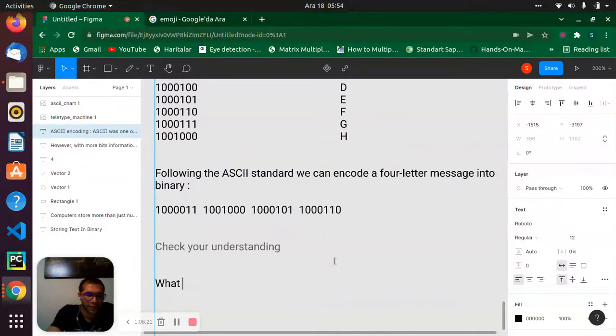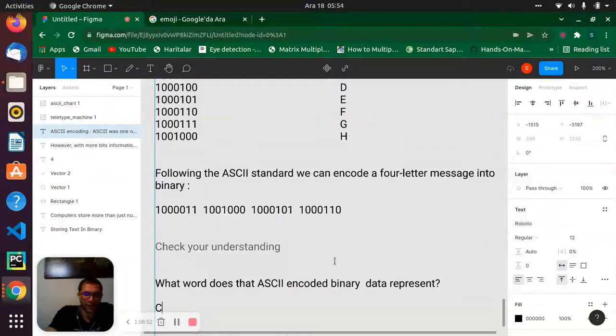What word does that ASCII encoded binary data represent?